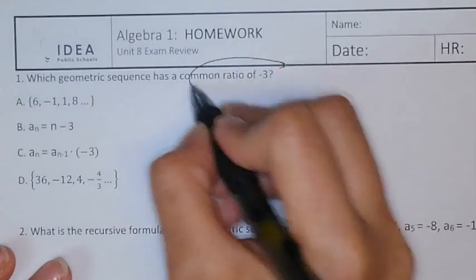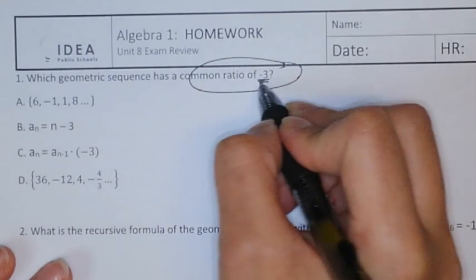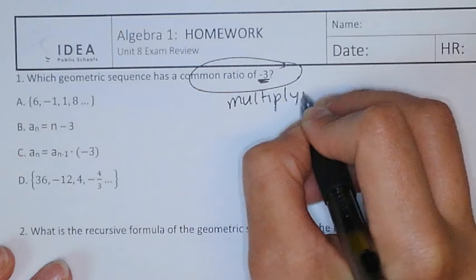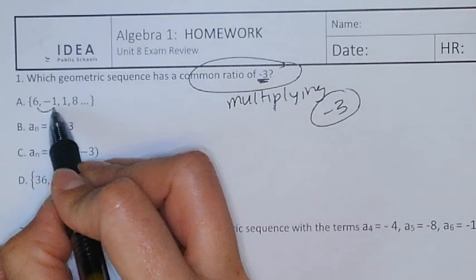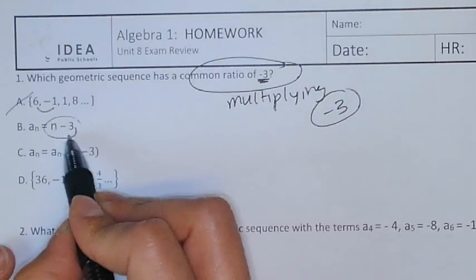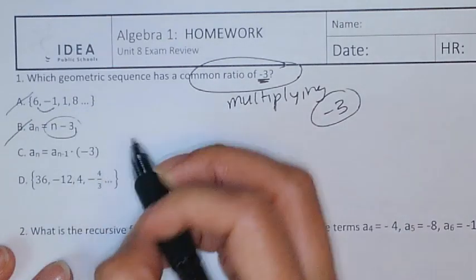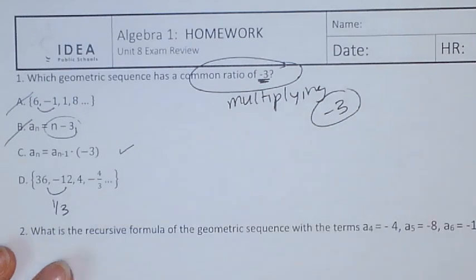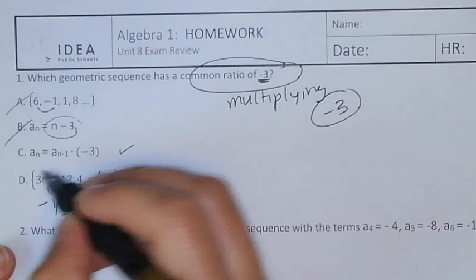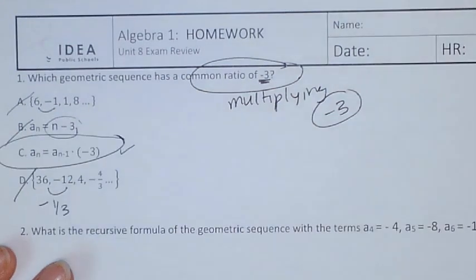If you're given a common ratio of negative 3, that means you're multiplying by negative 3. So I look, this is not multiplying, minus 3 is not multiplication. This one is multiplication, this one's by 1/3, so negative 1/3. So no, as multiplication by negative 3 would